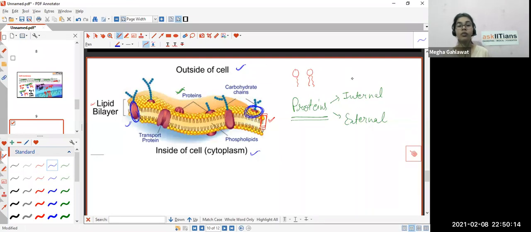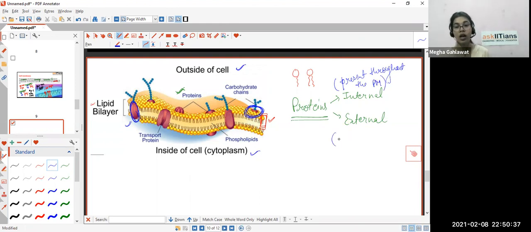So internal proteins are present throughout the plasma membrane, the entire length of the plasma membrane,